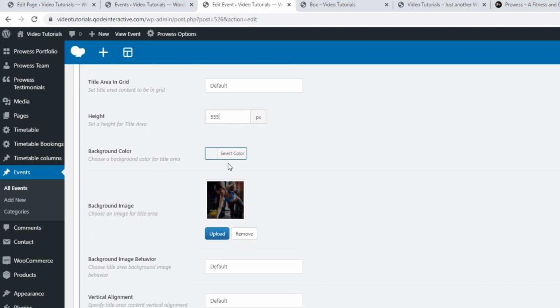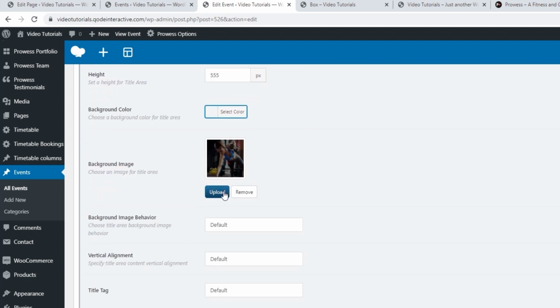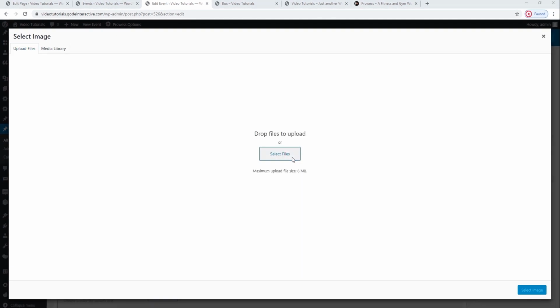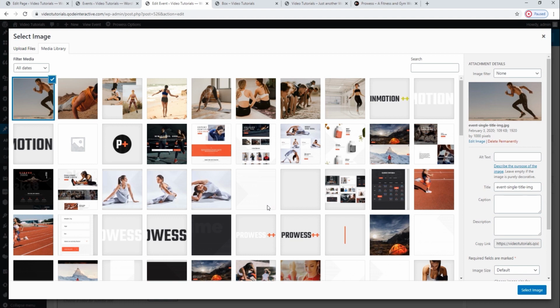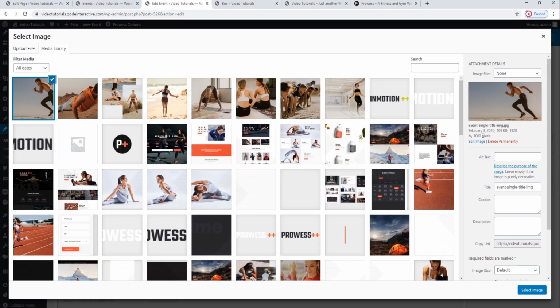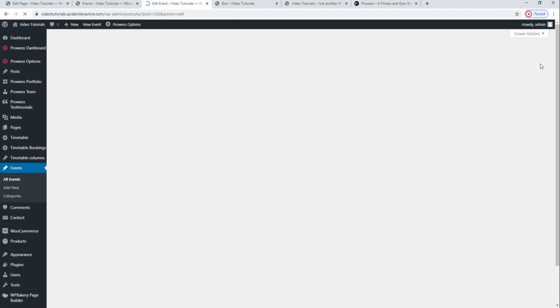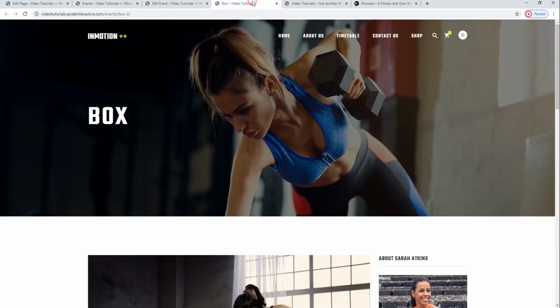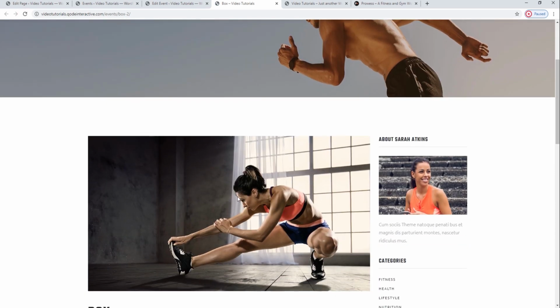If you don't have a background image, here you can set a background color. We will upload a new background image from the media library. This image has a parallax effect, so its size is 1920 pixels by 1000 pixels. This is the minimum size for a functional parallax effect, even though the image on the page maintains the height of 555 pixels. Let's wait for the backend page update and go to the live site to examine the changes we've just made. Next, let's replace this featured image.